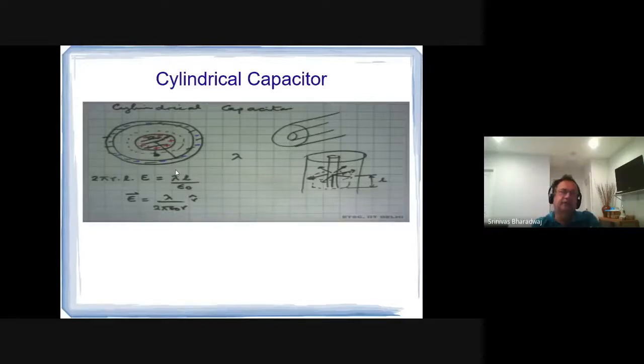And then if you build a Gaussian surface at a distance r, then you have 2 pi r times L. You build a cylindrical Gaussian surface, 2 pi r times L, right? And then at each point you have a corresponding